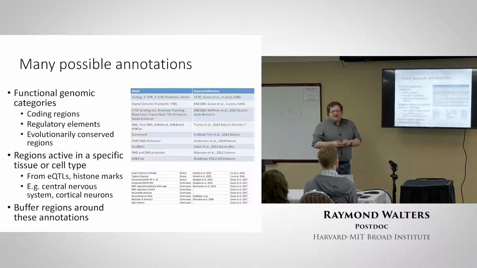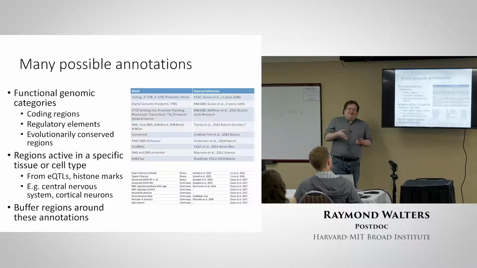being bullet pointed here, is that maybe in defining these annotations, we may want to consider also the regions directly adjacent to these regions. So this is probably most clear if we're again thinking about something like the coding regions, where we specified our model that what matters is your LD to a SNP that's in an annotation. But it might be that even if the SNP isn't quite in the coding region, so it's not in the exon of the body of the gene, maybe if it's right near it, there's more likelihood that it